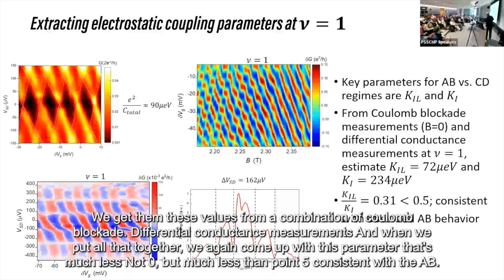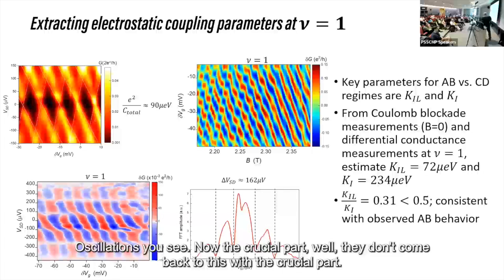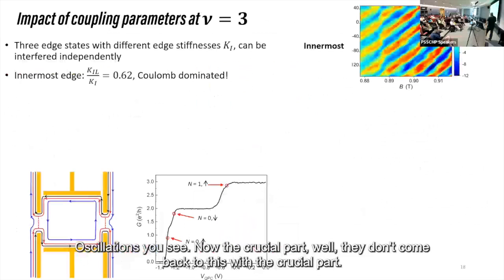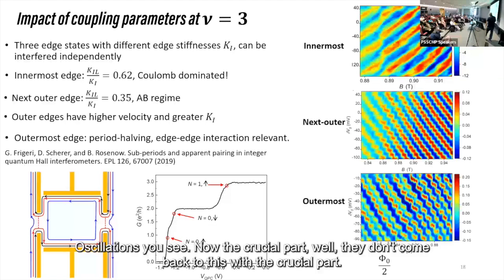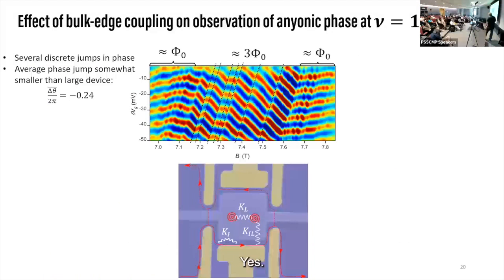We get these values from a combination of Coulomb blockade, differential conductance measurements, and when we put all that together, we again come up with this parameter that's much less, not zero, but much less than 0.5, consistent with the AB oscillations you see. Now, the crucial part, well, maybe I'll come back to this, but the crucial part is,